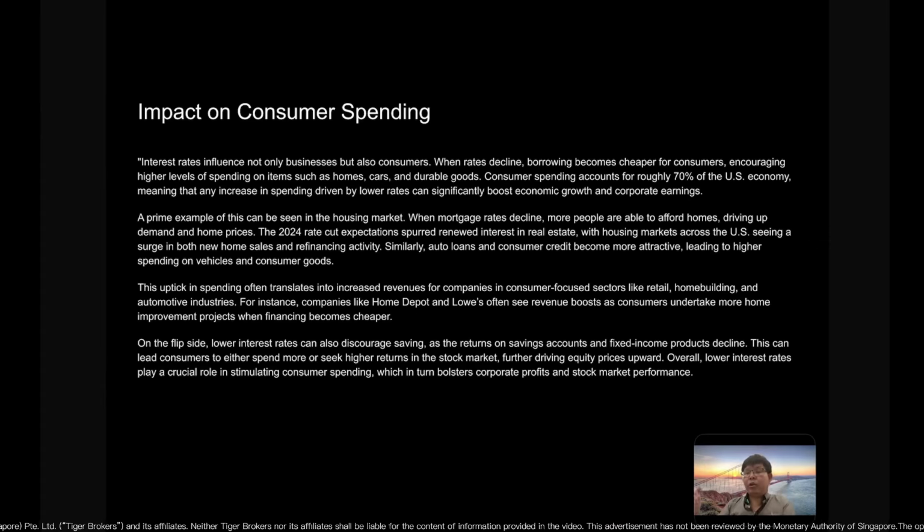On the flip side, lower interest rates discourage savings, such as savings accounts and fixed deposits. So sometimes that will lower earnings for some of the companies. Sometimes I also see news of what other investors do, like what Warren Buffett is selling lately. Sometimes it will go back to the theory.